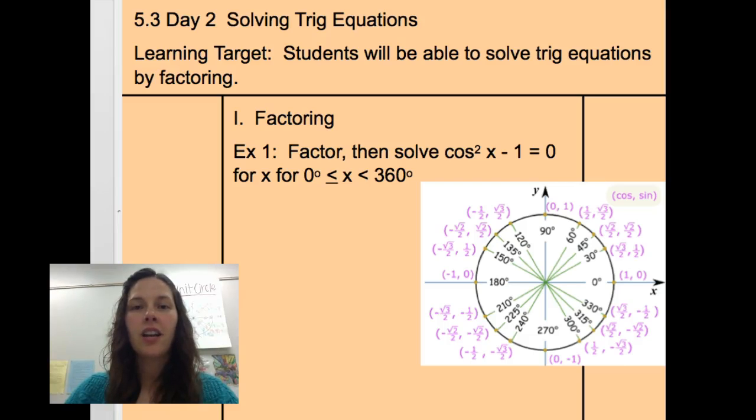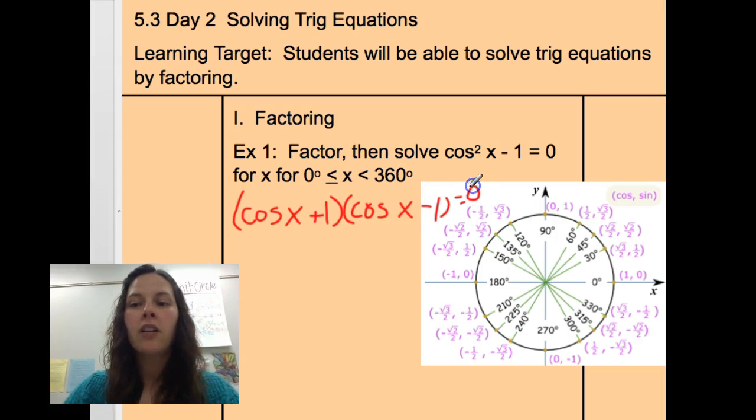Today we're going to take a look at how to solve trig equations by factoring. So we're really combining two concepts we've already seen, so hopefully today's lesson is fairly straightforward. Our first equation is cosine squared x minus 1. Hopefully you recognize that as a difference of squares. So we're going to factor that into conjugates, cosine x plus 1 and cosine x minus 1